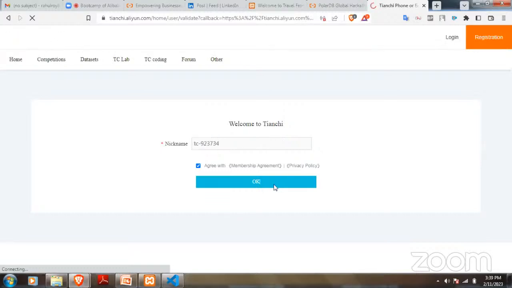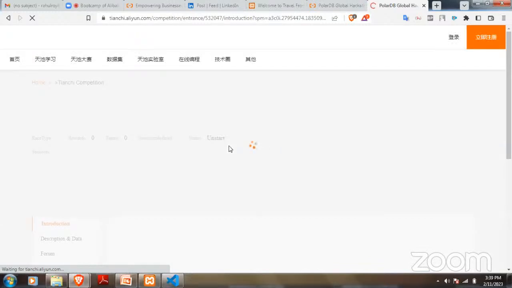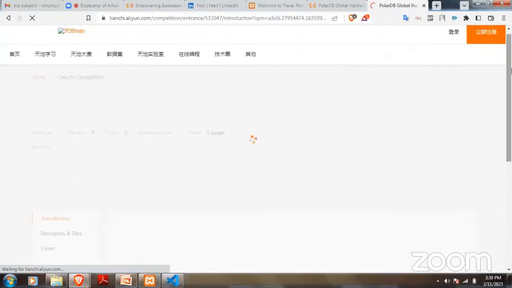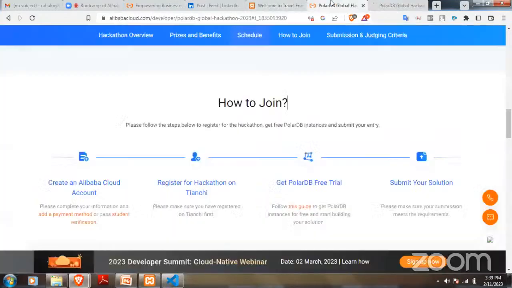So I'll be clicking on OK. I have copied this Tianchi name. So this is your Tianchi name. Whenever I use this term again, you have to remember I'm talking about this particular number, right? So that was your Tianchi name.